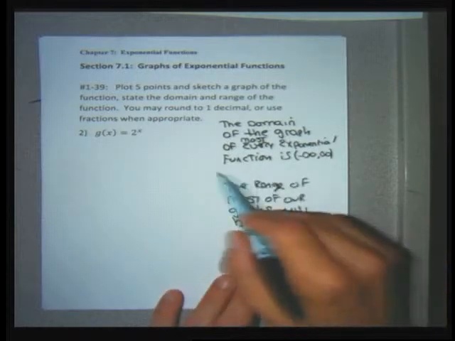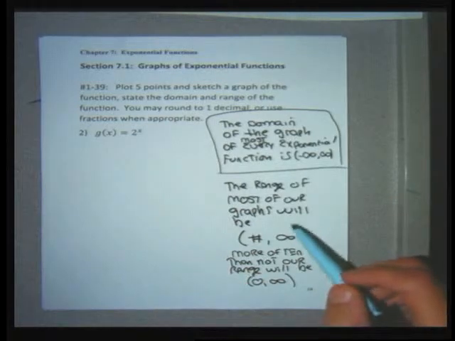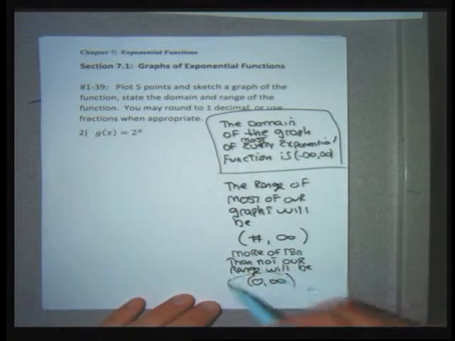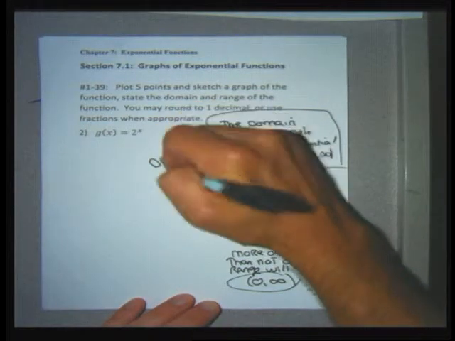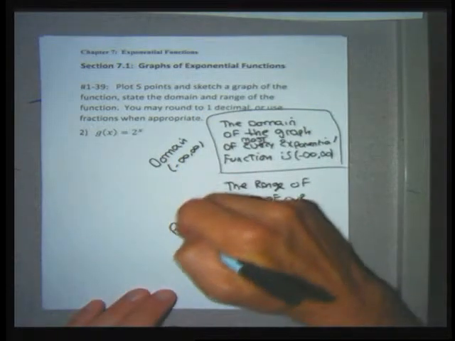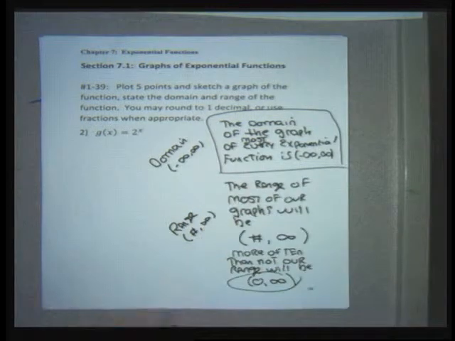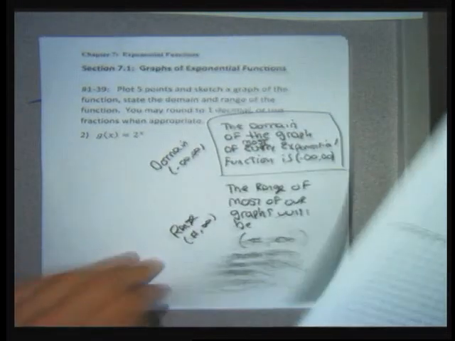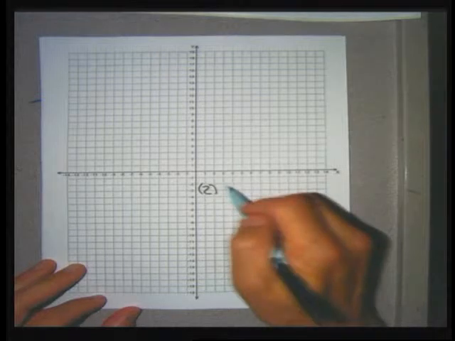The domain is going to be negative infinity to positive infinity for every graph, and then the range is going to most often be 0 to infinity, but sometimes it's going to be some other number to infinity. And then I'll be done. So I brought graph paper. You don't need graph paper to do these, but I'll use it because I think it makes a little bit nicer graph. So for problem 2, my function is f of x